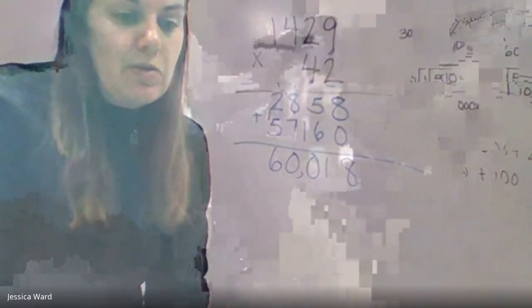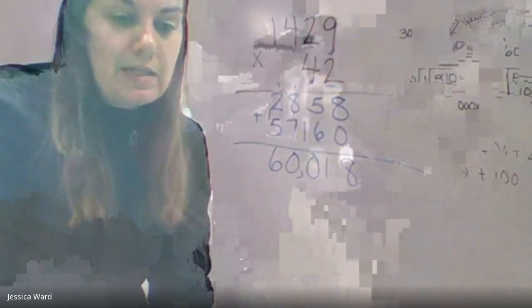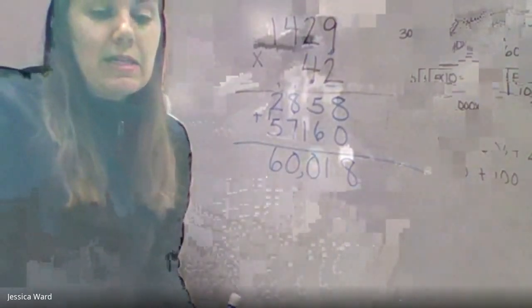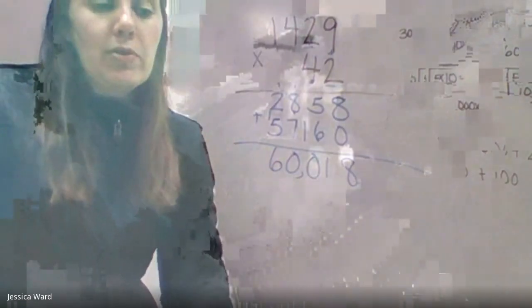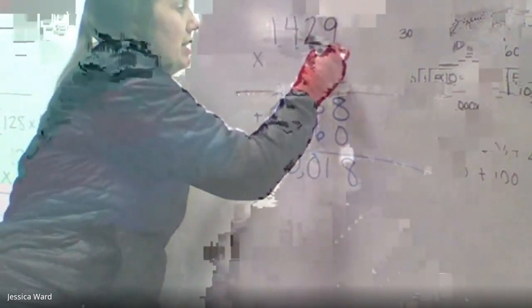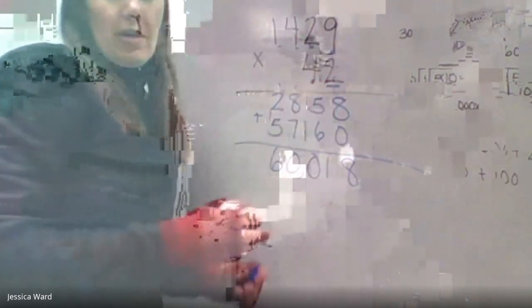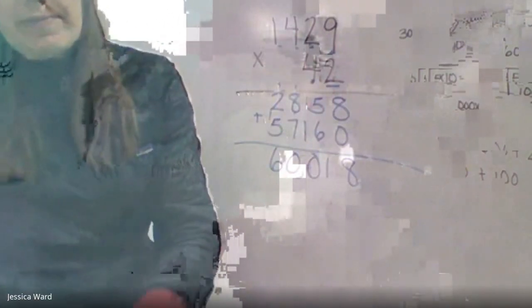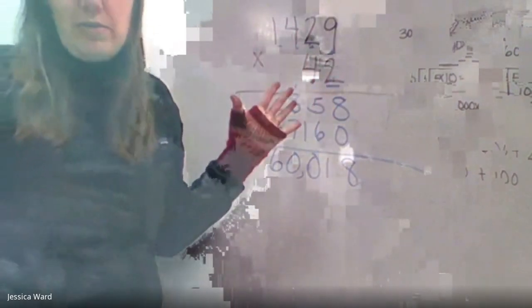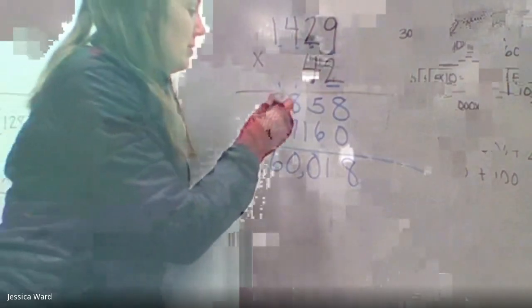Okay, so turn to page 67. Number 1 says, where do you see multiplying by ones and tens in the first modelet? Okay, so your partial products, you have 18, 40, 800, and 2,000, showing multiplying 1,429 by 2 ones. So again, our problem is 1,429 multiplied by 2. So we got our partial product of, once again, 18, 40, 800, and 2,000, right? When we added those together, we got